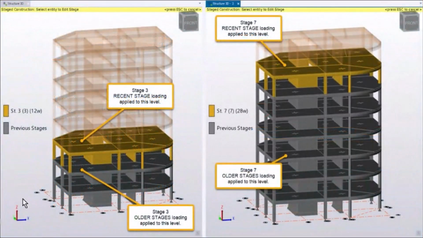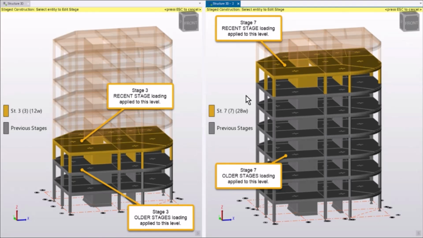So here I've got a model looking at stage 3 on the left. At stage 3, I've got levels 1 and 2 as the older levels. Stage 3 is the newly introduced floor level and the columns up to that floor level. So that's the recent structure that's highlighted in a different color here. And then moving on to stage 7, similar thing, the slabs at level 7 and the columns up to them, that's the recent structure.